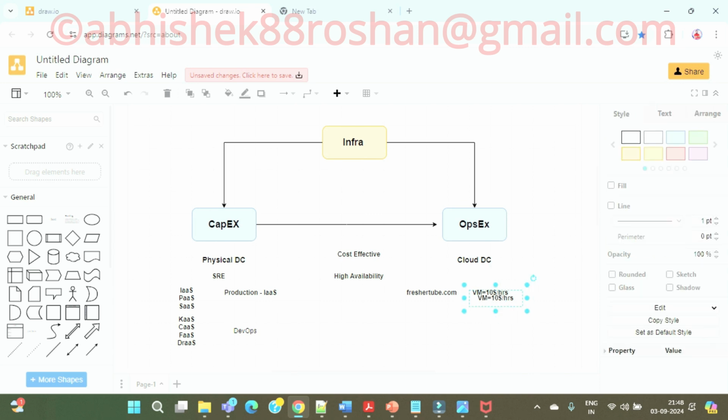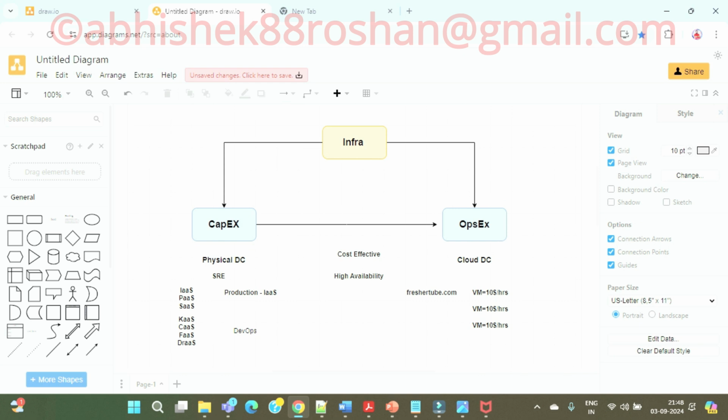The number of VMs will be more, yes or no, guys? When the traffic is minimum, Monday to Friday, I need only one VM. But on Saturday and Sunday the traffic will be huge, and I need 4 to 5 VMs. So I need to auto scale.